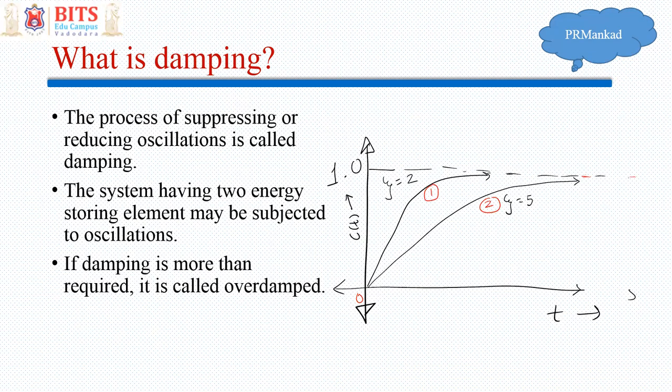If the damping is more than what is required, we get an overdamped system with no oscillations, as shown. So here, the good part is there is no oscillation, and the bad part is that it makes the system slower. The higher the damping ratio, that means the higher the amount of damping provided, the slower the system is. Of course, it is very slow.